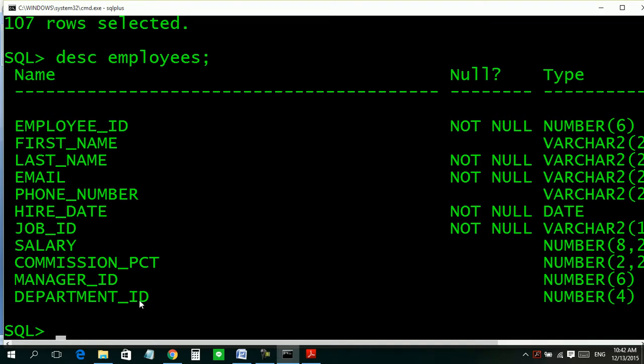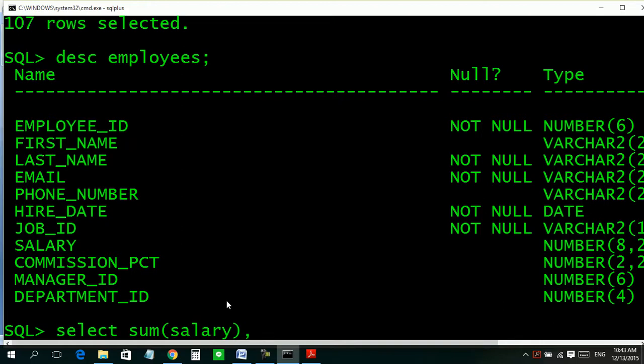So we will use department ID as a reference, to show that this department has this average salary or this gross salary. So we'll write select average salary or sum of salary.